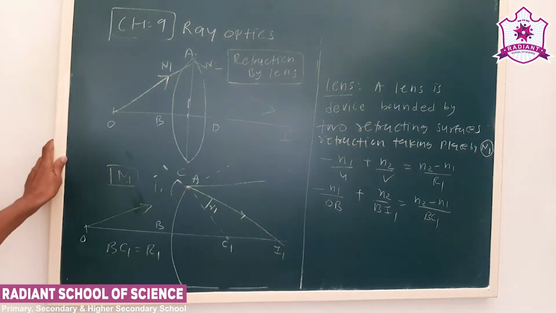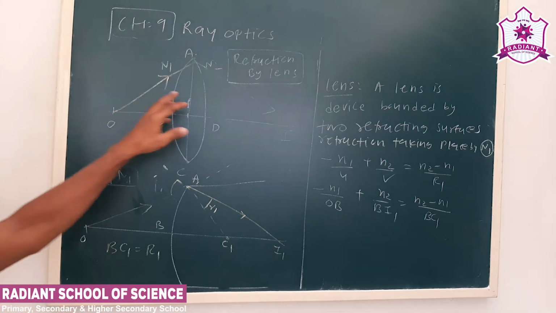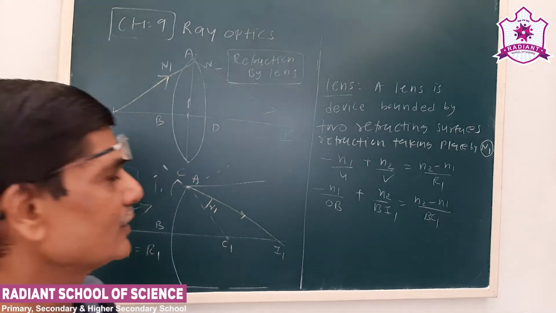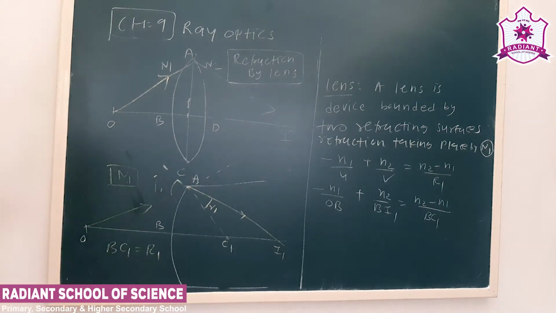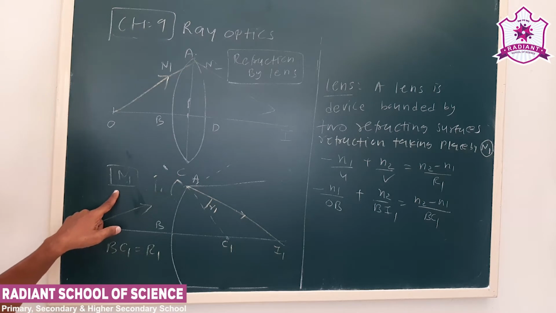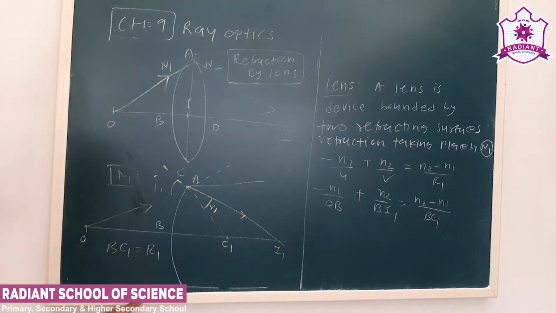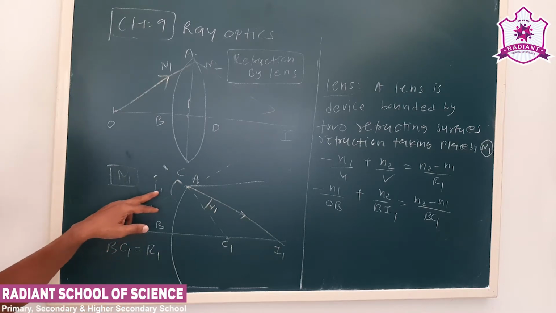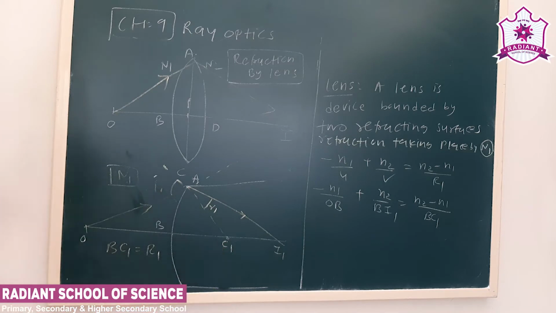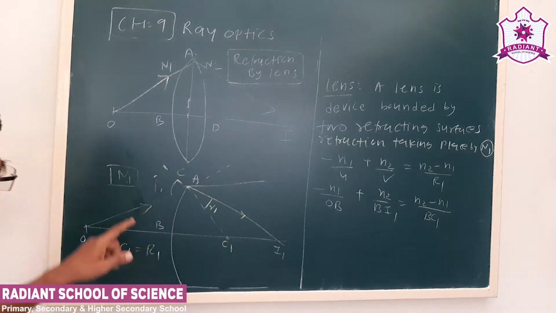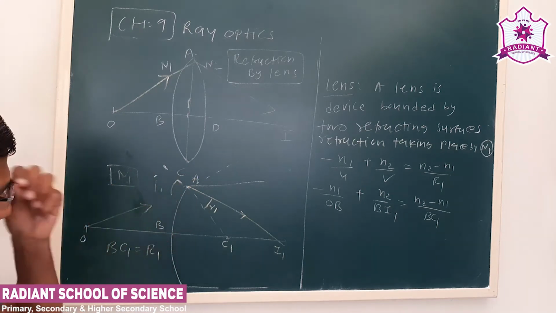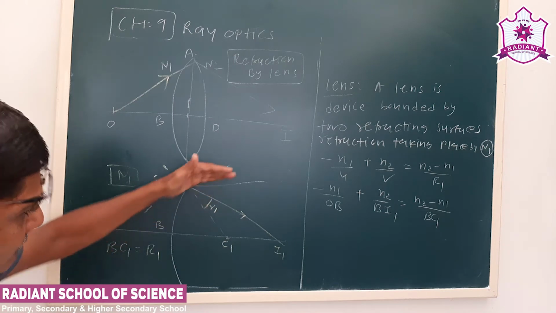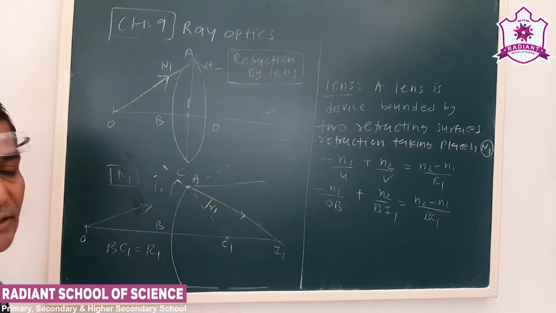Now let me explain again. A lens is a device bounded by two refracting surfaces. Here the two refracting surfaces are ABC and ADC respectively. First we consider refraction taking place from the ABC surface, which has the radius of curvature BC1, that is R1. Now see the first incident ray. The line passing through AC1 we can call the normal. Angle of incidence is I1. When it travels from a rarer medium to a denser medium, instead of moving in this path, it will move toward the normal. Angle of refraction is R1.